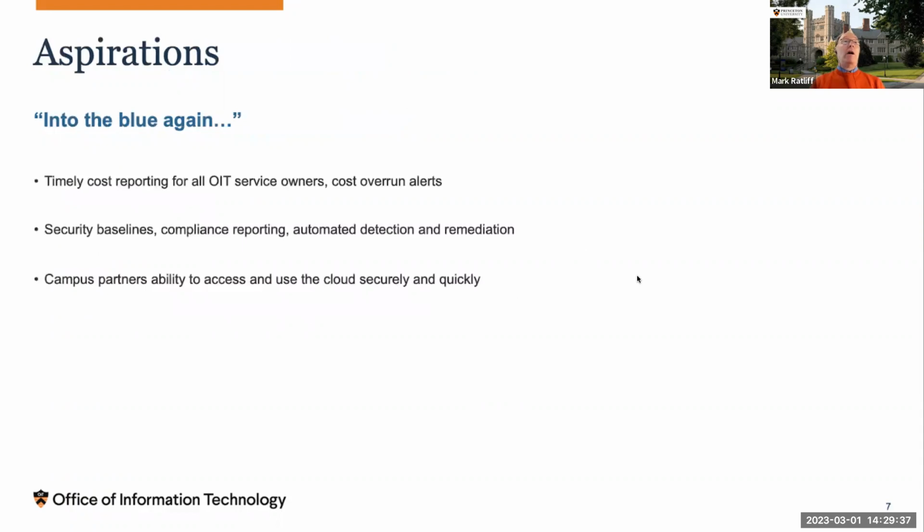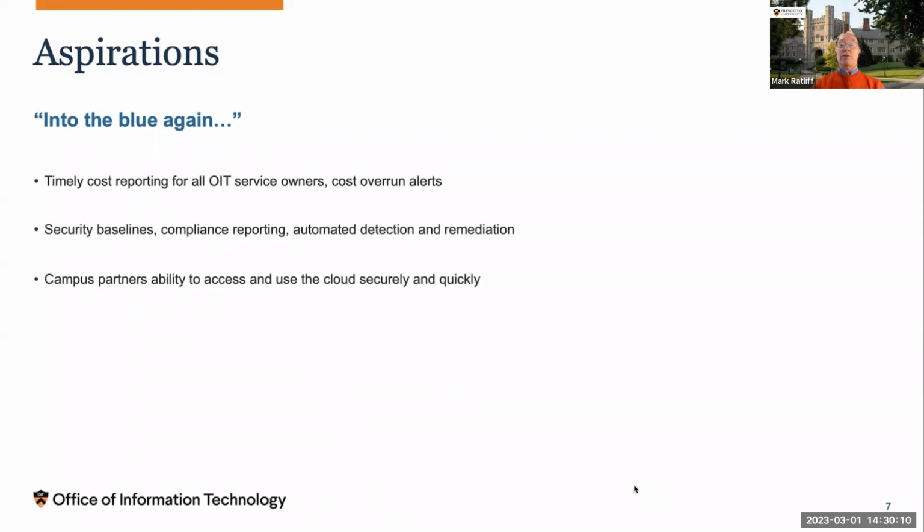And going forward, what do we hope to do? Well, I'm right now working on a job description using some funding that we have for a term position to hopefully accelerate our implementation of Kion. It does take some effort to get everything set up and configured the way that we'll want. There are a lot of capabilities there, and we'll have to put some effort into making Kion work the way that we want. But what I want going forward from Kion is the ability for managers within OIT to have